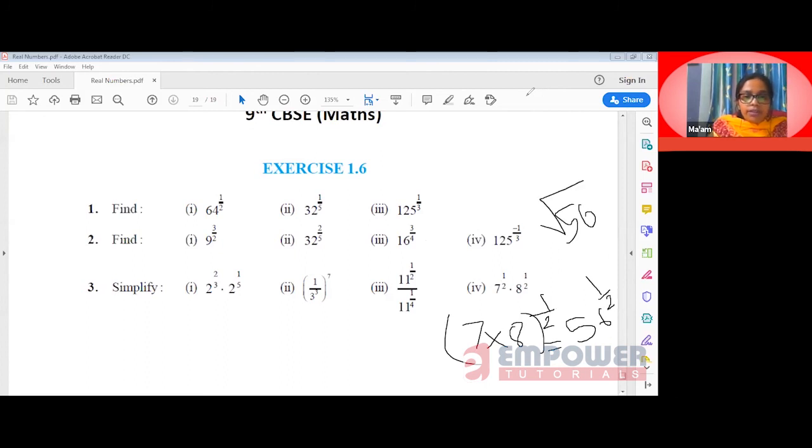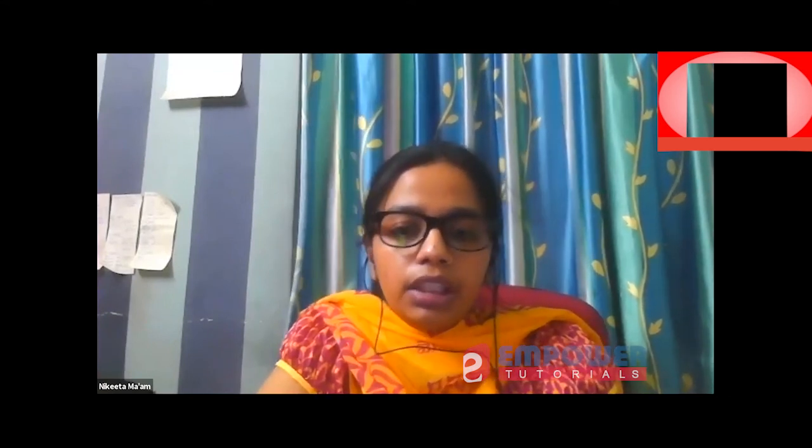I hope now everyone has understood this exercise. Yes, ma'am. What if I have some irrational number in decimal form? So like say you have in exercise 1.5, I guess, they ask you to represent root 9.3, I guess, or 9.6 on the number line. In that case, how will you proceed? Anyone have any idea?